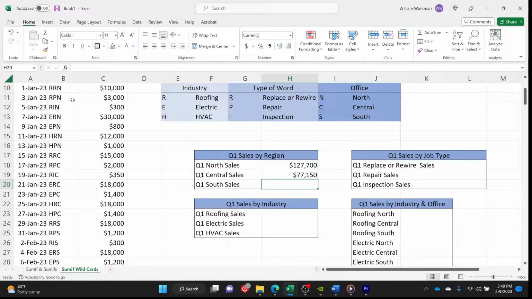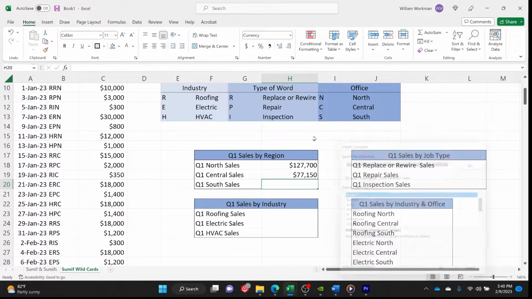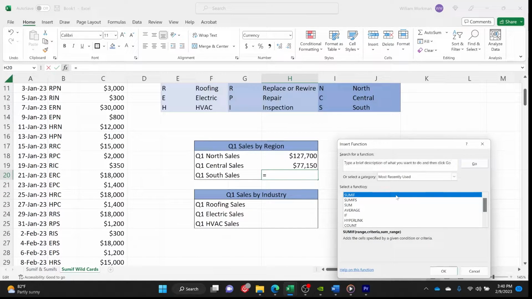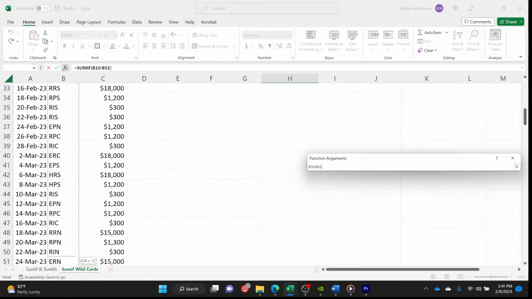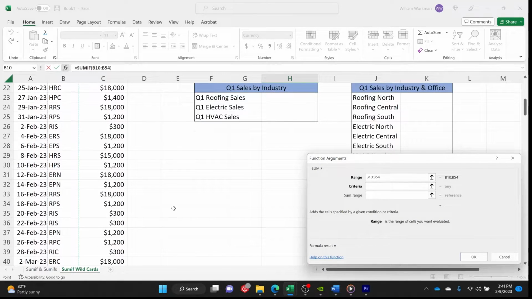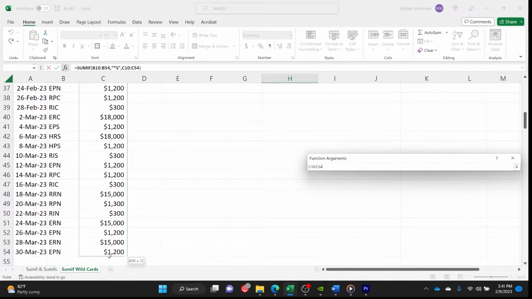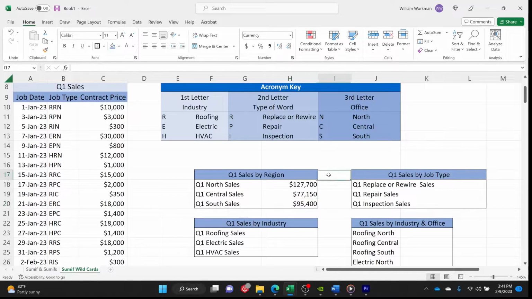Now our south office, same thing. Make sure I'm all the way at the top. Sum if. This time it's south, so we're going to put asterisk S for our criteria, and then our sum range. All right, so now what if we want to know our